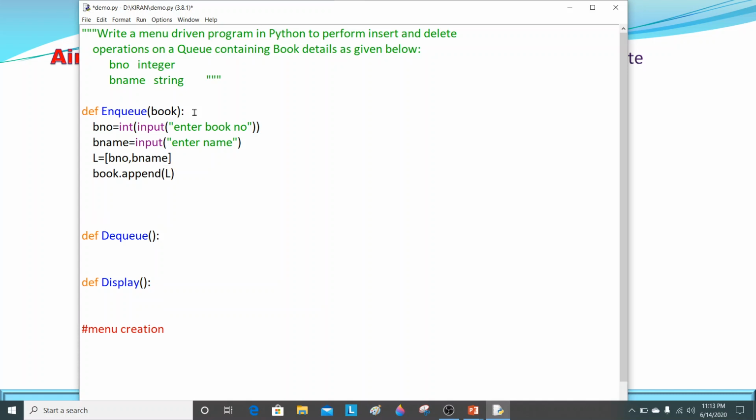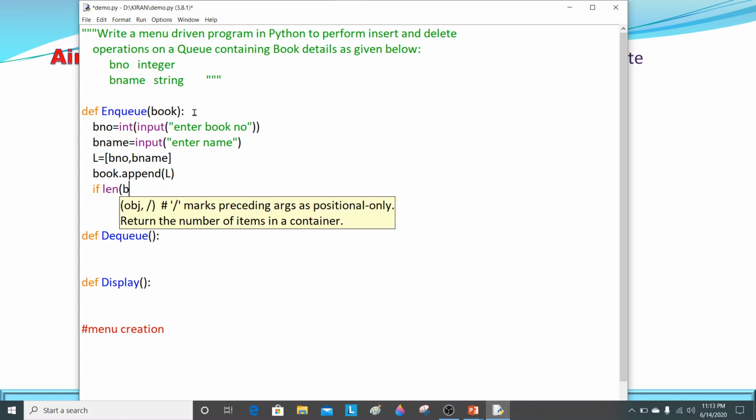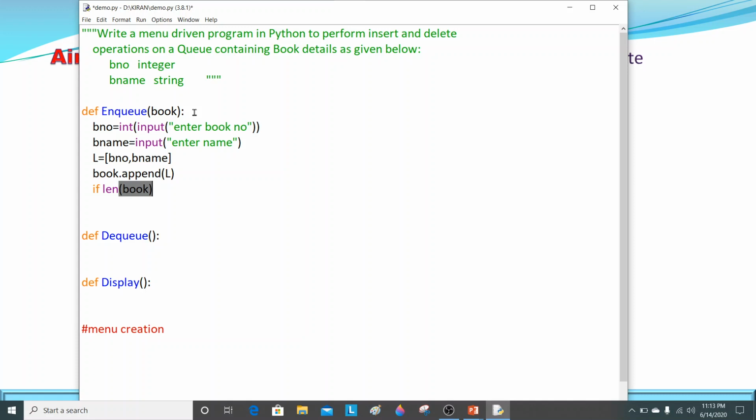Now after that you have to find out the position of front and rear. For that, check the length of the queue. So I am writing here if len of book equals 1, meaning it contains a single element, then in that case front equals rear equals 1. Sorry, it will be 0.